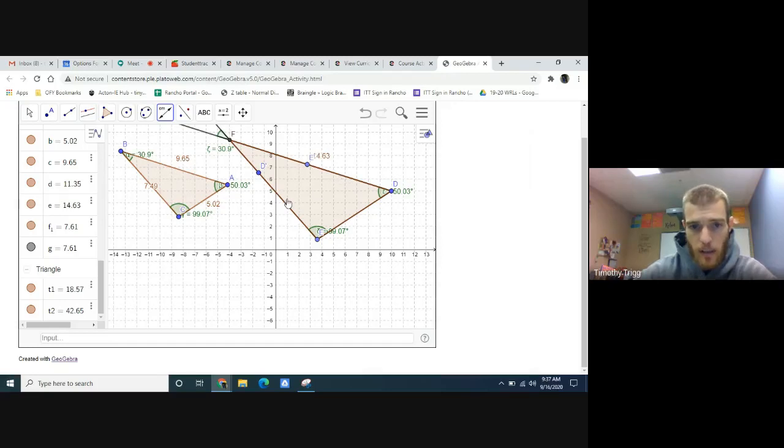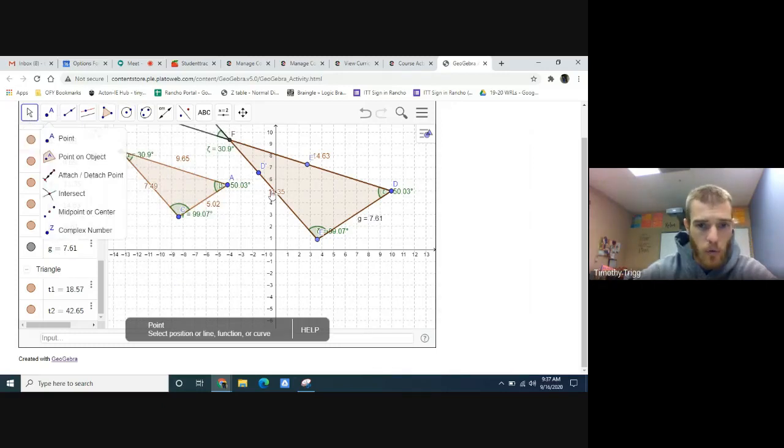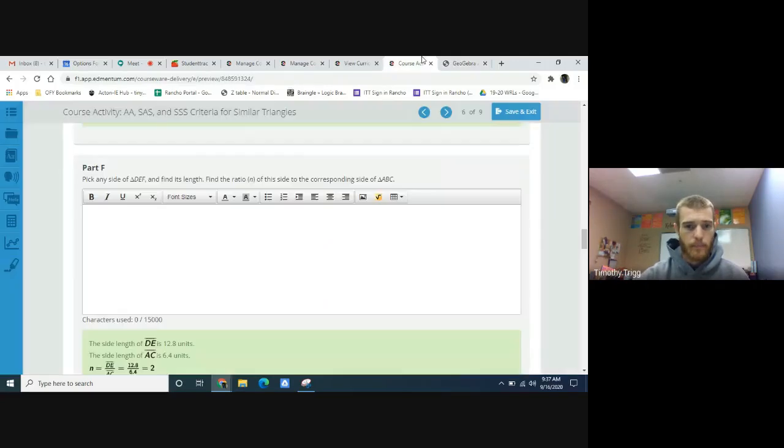We want to do the same over here. Click, click, click, click. Okay. If you need to move things around a little bit, go ahead and click on this arrow tool. You might want to move that so you can see clearly what these are. Okay, great. So what it asked us to do was create a ratio between one of the side lengths here and one of the corresponding side lengths here. For example, if I did AB over DF, like that. Oh, actually, they want the DF on top. So we would write,